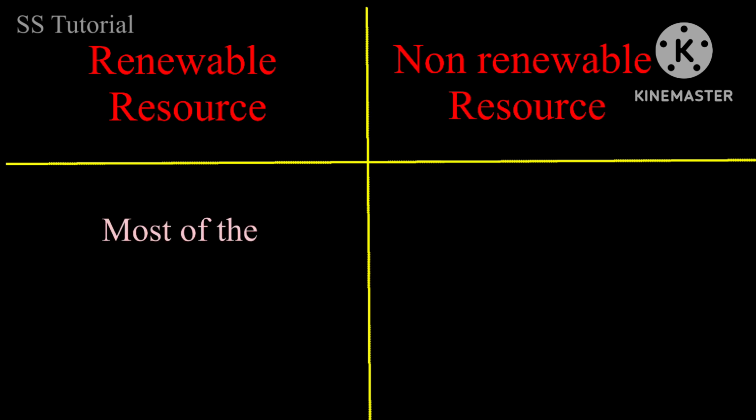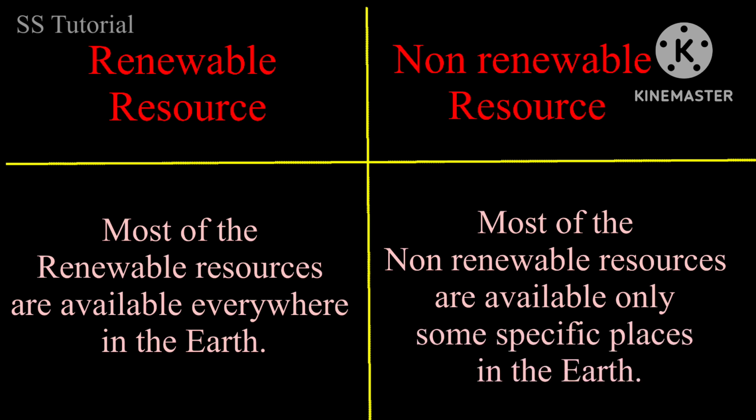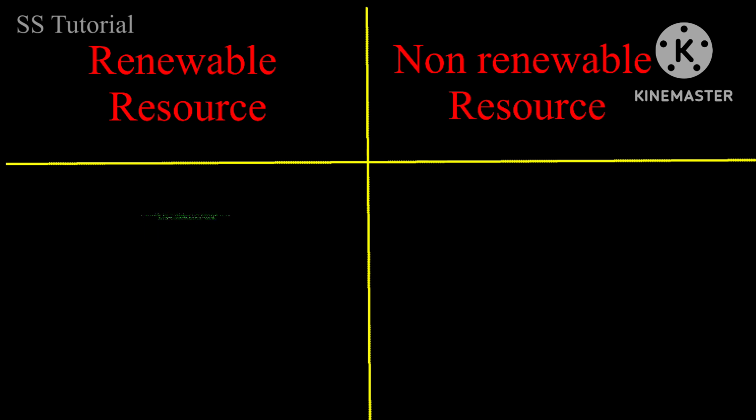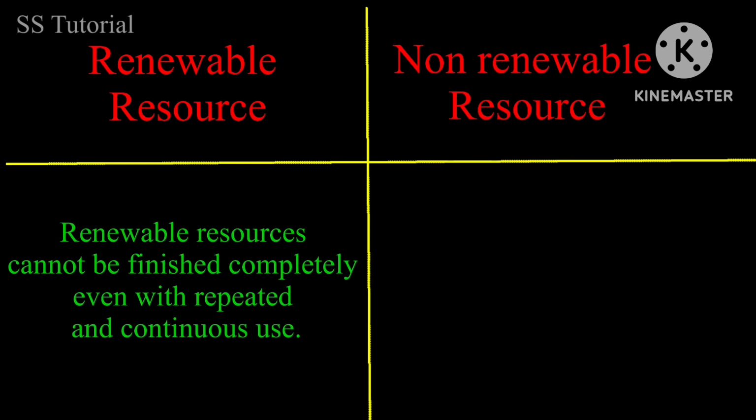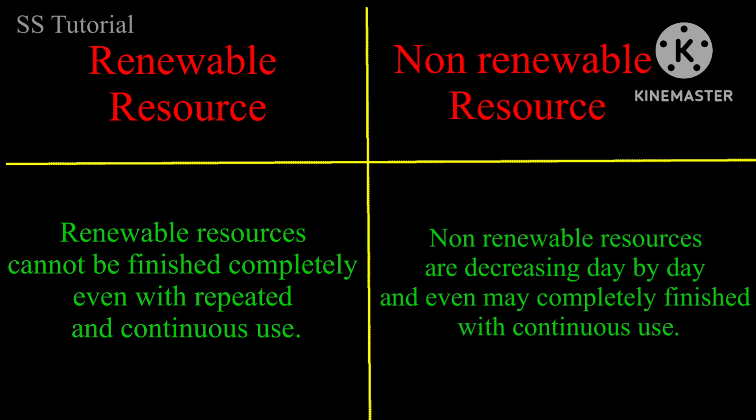is limited. Most of the renewable resources are available almost everywhere, whereas most of the non-renewable resources are not available everywhere. They are found in specific places. Renewable resources do not decrease, even with repeated and continuous use, whereas non-renewable resources decrease and may even be completely